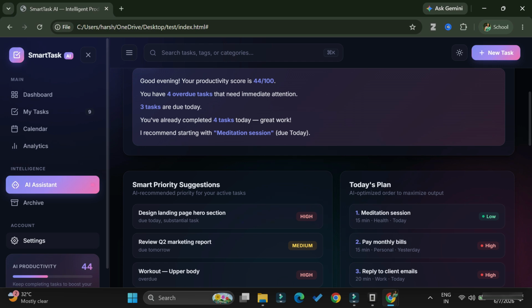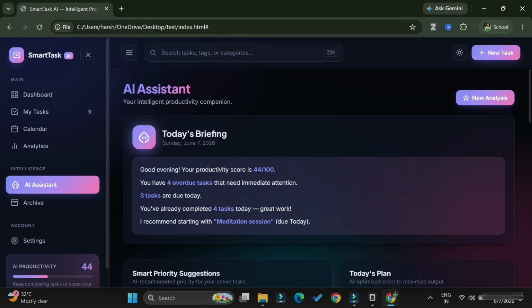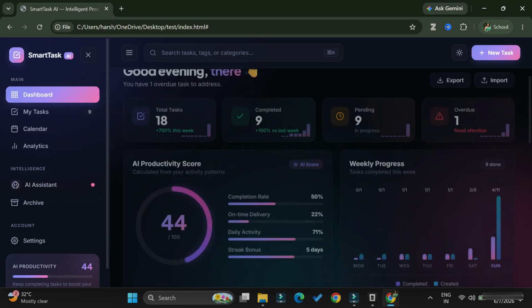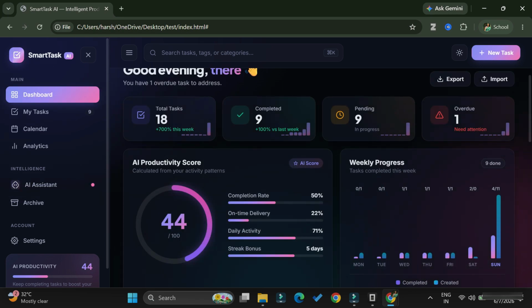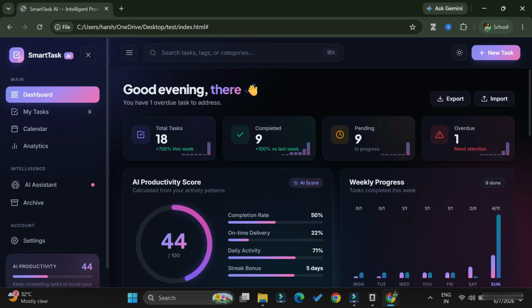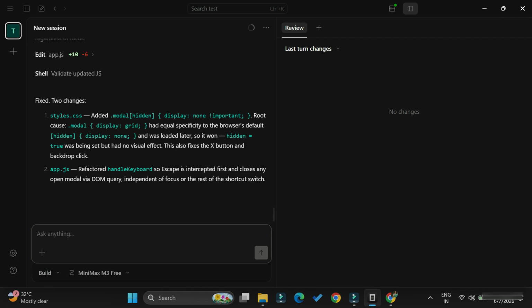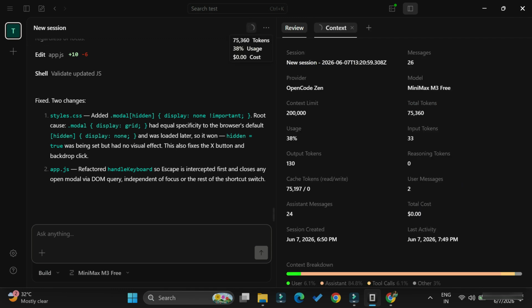Okay, so guys, I felt this is a really nice project which has been designed by OpenCode, and I have not paid anything. You have just seen I have just downloaded the file and given a prompt. If you want this prompt, join my Telegram channel and you can get it over there. And here I'm taking you back to my OpenCode and opening the context of OpenCode. Here it's showing how many tokens it has utilized, what percentage it has used, and when this was done, everything it is showing.